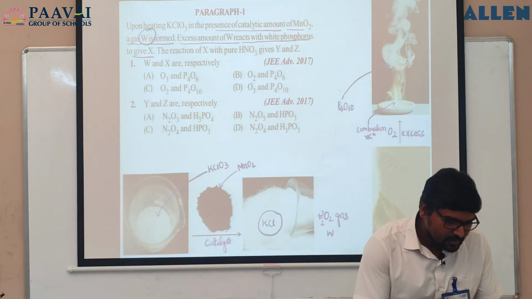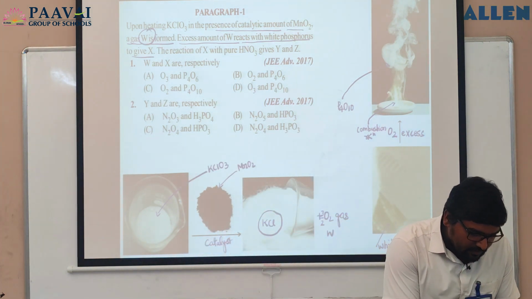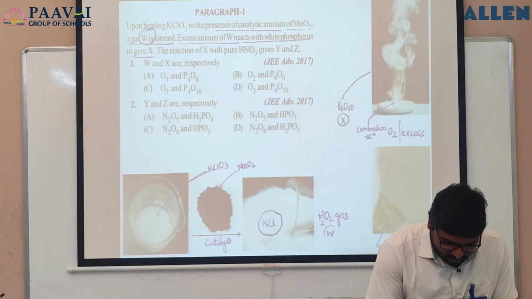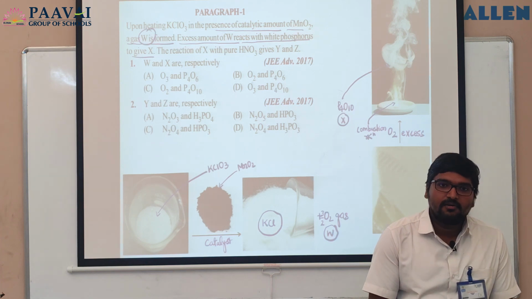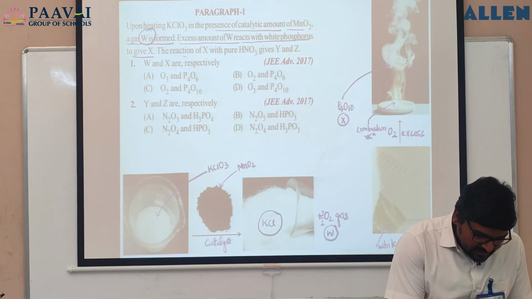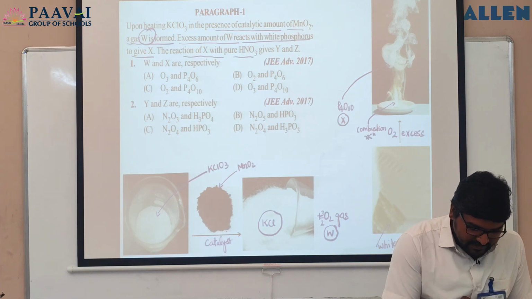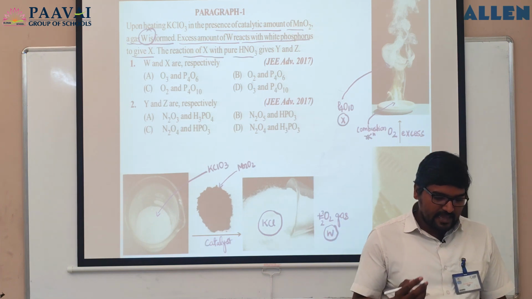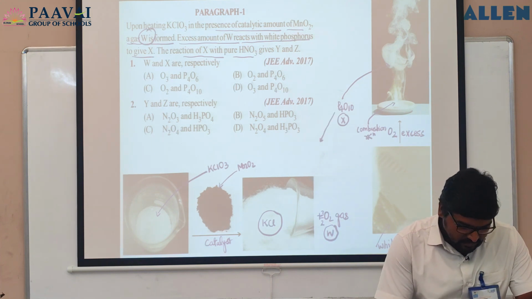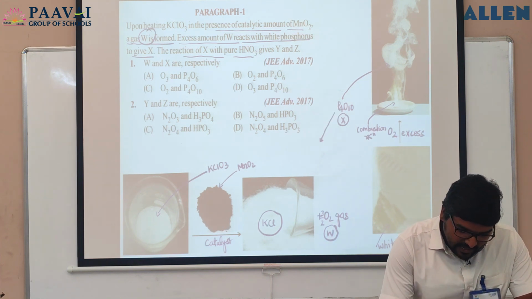So, let us see, P4O10 must be the compound X and this oxygen gas must be W. After that, the reaction of X with pure nitric acid gives Y and Z. So, when you react this P4O10 with nitric acid, pure nitric acid,